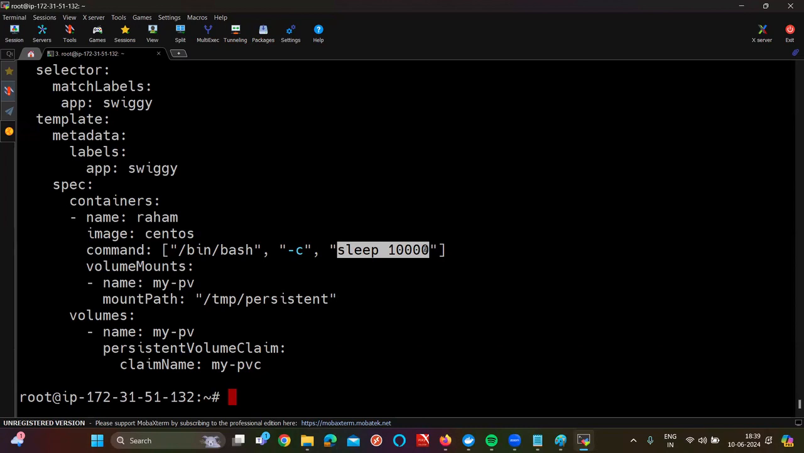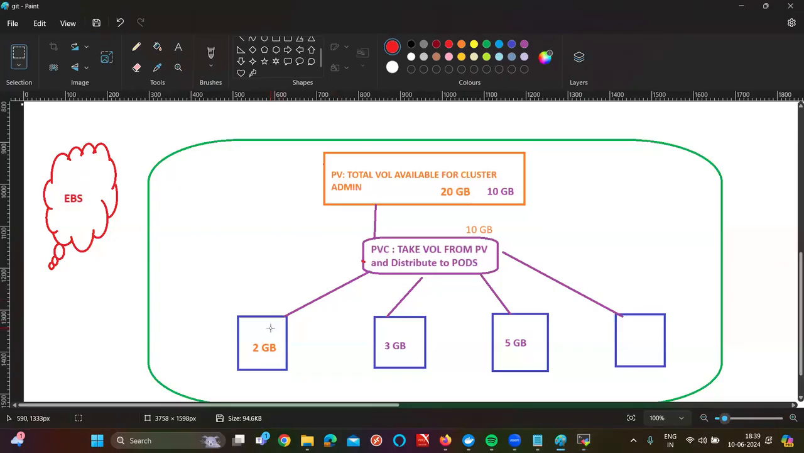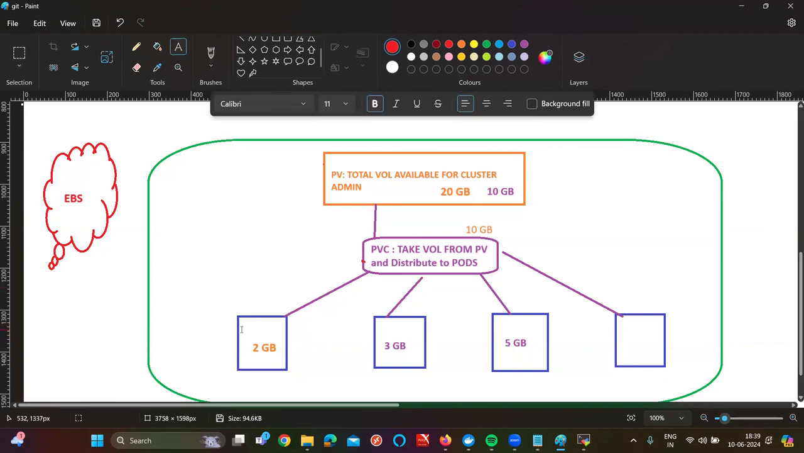Coming to the volume mount, I'm using my volume called PV. I'm using the persistent volume. Coming to the mount point, that means in my container, I'm going to create a folder called tmp persistent. Whatever data I put in the tmp persistent folder, that data will go to my PVC. For example, see in this diagram, I'm going to have the pod. Whatever data I put on tmp persistent,